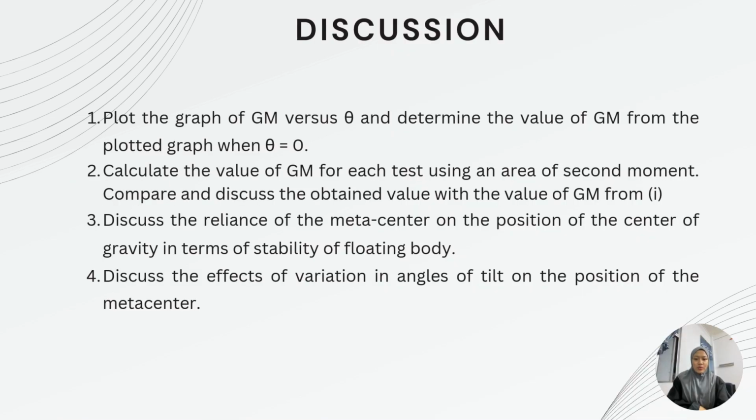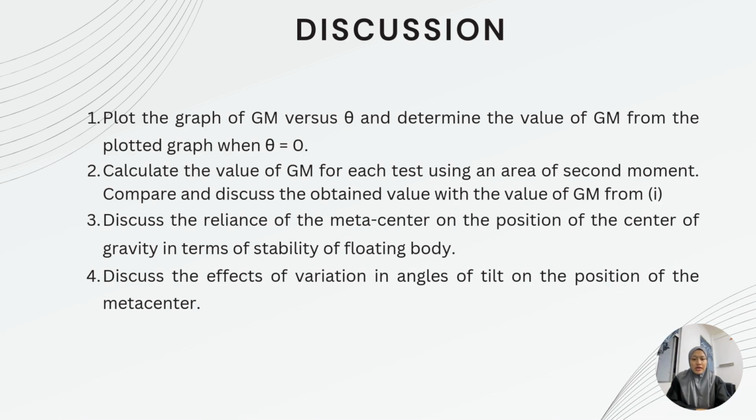For this question, we need to plot the graph of Gm versus theta and determine the value of Gm from the plotted graph when theta equals 0, and then calculate the value of Gm for each test using the area of second moment. Compare and discuss the obtained value with the value of Gm from the graph. Discuss the reliance of the metacenter on the position of the center of gravity in terms of stability of a floating body, and then discuss the effect of variation in angles of tilt on the